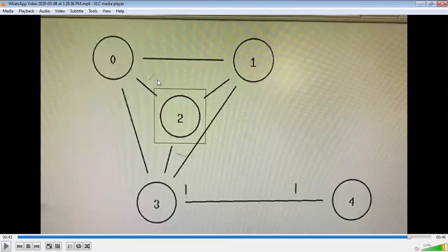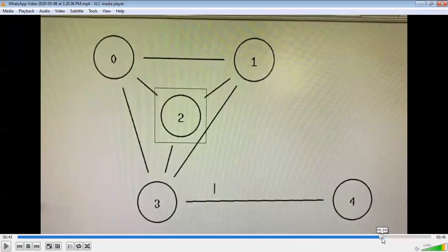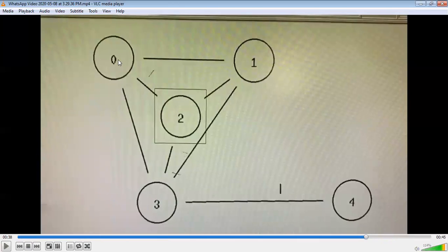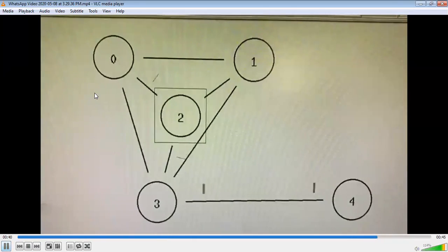Clear? So if you see clearly, from node 0 to node 2, from node 2 to node 3, and node 3 to node 4. You can clearly observe that now. So listen to the path, that is node 0 to node 2, node 2 to node 3, and node 3 to node 4. So this is the best possible path depending on the cost. Clear? So link state will find the best possible path based on the cost of the links. So now you can see the animation. You can see from node 0 to node 2, node 2 to node 3, and node 3